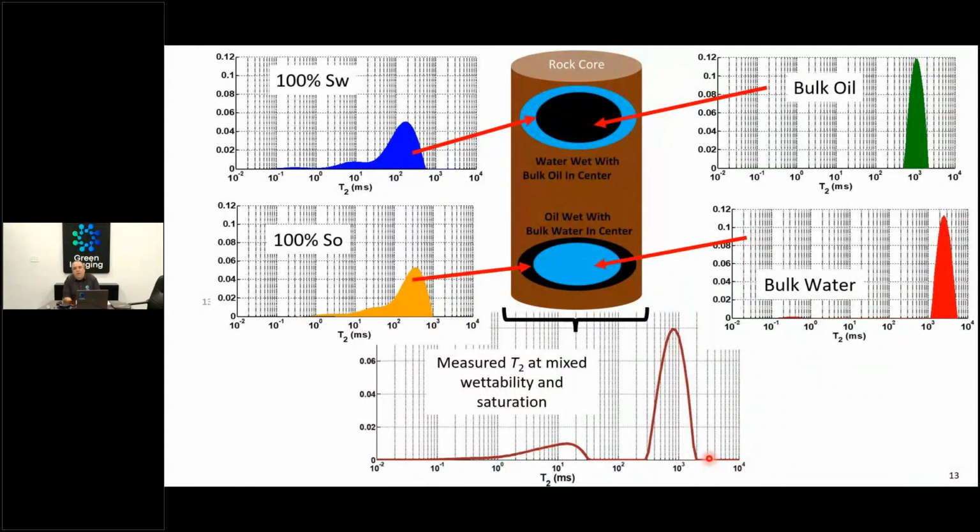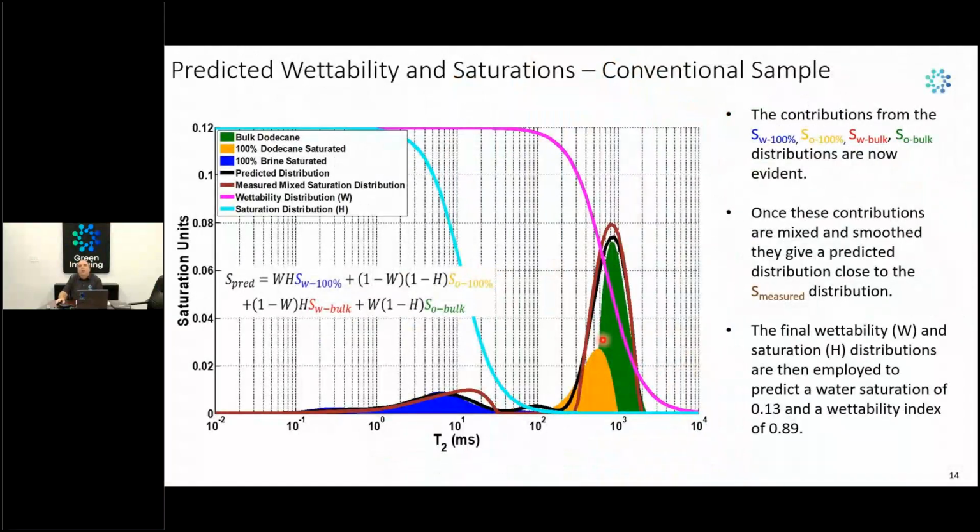Okay, so here's the final data where we have the final H and W functions along with the measured T2 distribution for our mixed wettability sample and the corresponding predicted T2 distribution shown in black. And you can see here they agree pretty well together. But what's more interesting here is I've plotted the final contributions from each of the T2 distributions. So you can see, as expected, most of this long T2 peak in the black predicted is coming from bulk oil shown in green. There is some contribution from